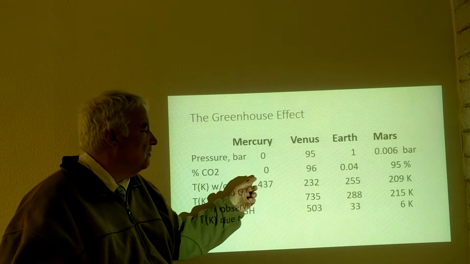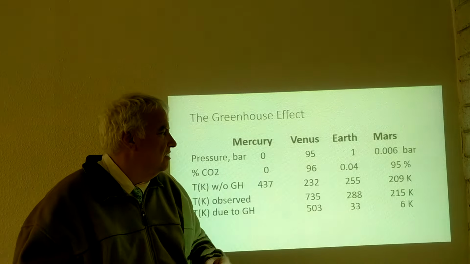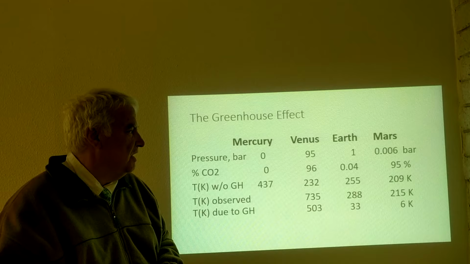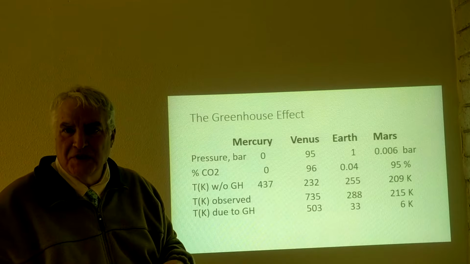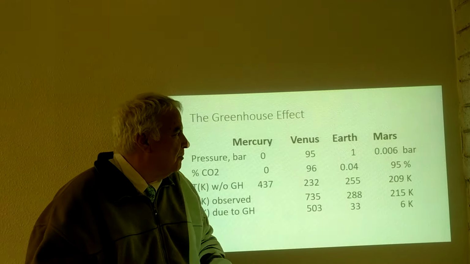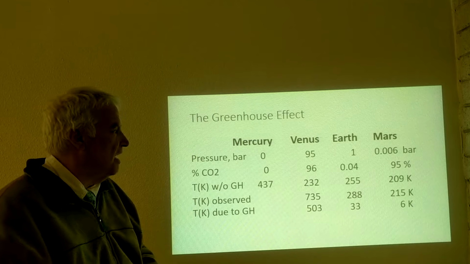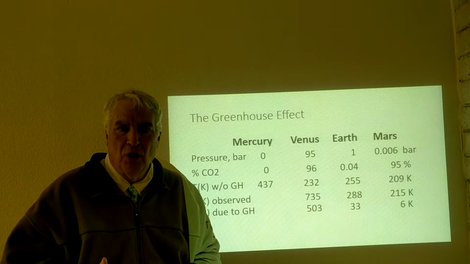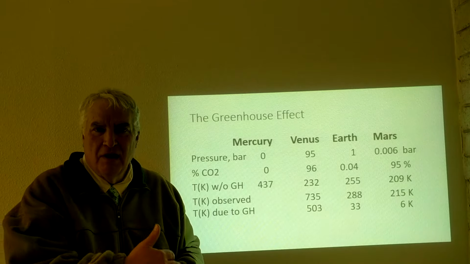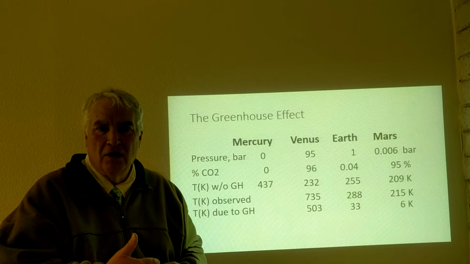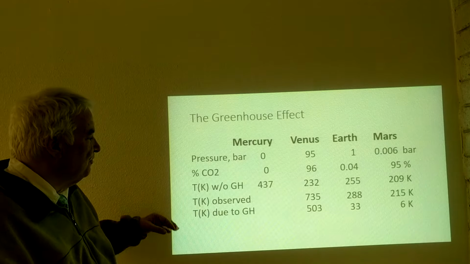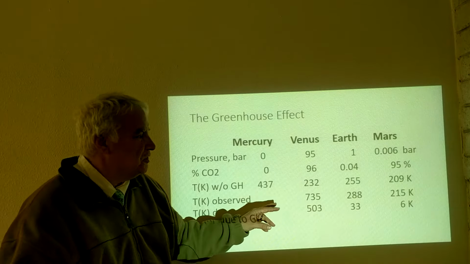So the percentage of carbon dioxide, as I mentioned, is much higher, almost completely carbon dioxide atmospheres on Venus and Mars, with 4% methane. For Earth, only about 0.5% of Earth's atmosphere is carbon dioxide, but water and carbon dioxide account for the greenhouse effect on Earth. So, without the greenhouse effect, the temperatures measured in Kelvin here